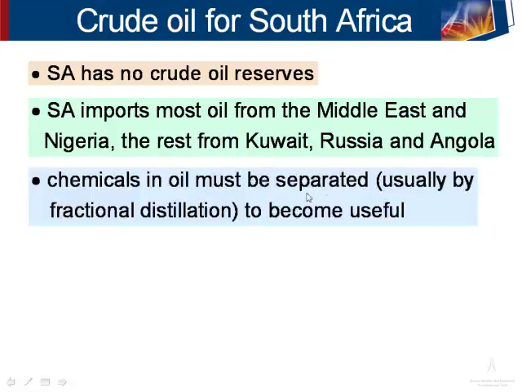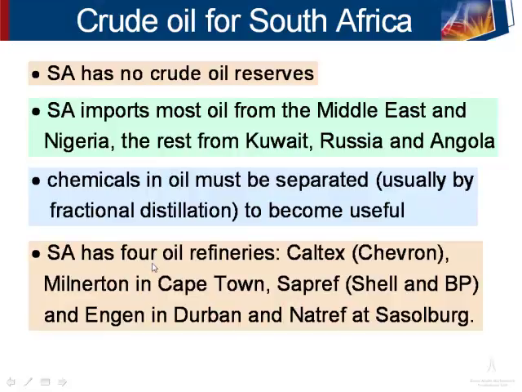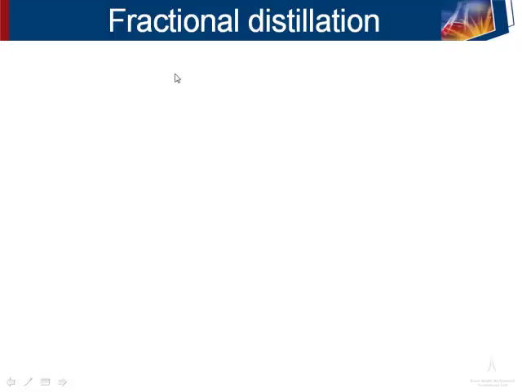The chemicals in oil must be separated to become useful, and this is usually done by a process called fractional distillation. South Africa has 4 oil refineries. We have Caltex, or Chevron, Milnerton in Cape Town, Sapref, which is Shell and BP, and Engen in Durban, and Natref at Sasolburg. When we consider crude oil, or black gold, it's a mixture of many chemicals: alkanes, alkenes, cycloalkanes,